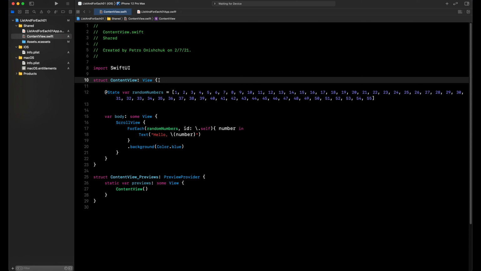now you can see I create a list with a ForEach structure over the random numbers array and take each number from our random numbers array inside each view that we placed in our list. And also I put the ForEach structure inside a scroll view, which gives us the ability to scroll through the views inside our ForEach structure. And now when we run the simulator, you can see how our list created with the ForEach structure looks. For example,